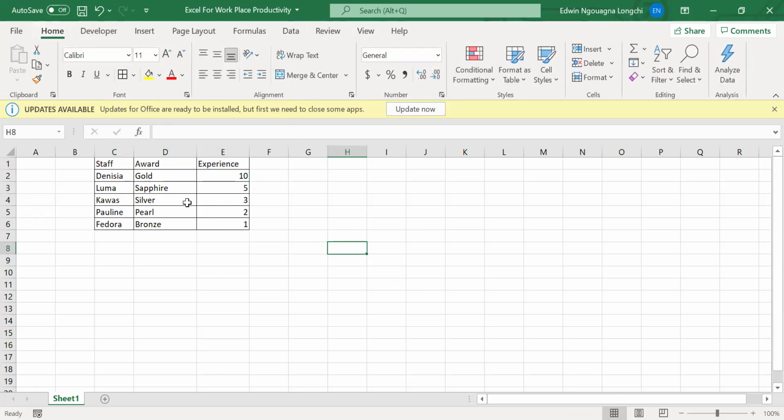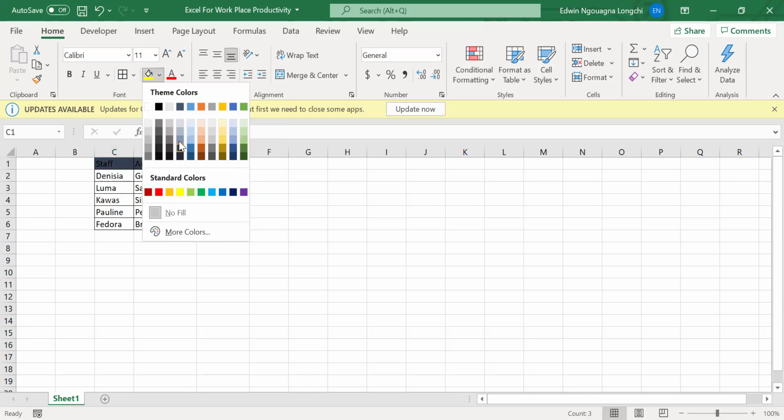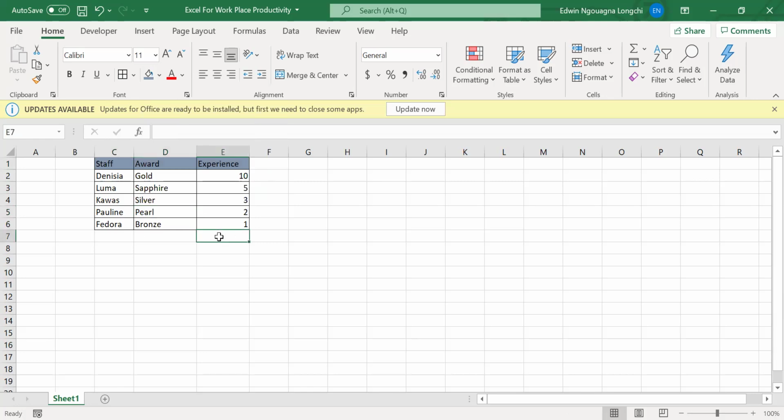So let's go back to Home and let us say I want to give a fill color. A fill color is a color that will take the background color. So this is it here, the fill color. It's like filling a bucket with color. So if I choose, let's say, this one, I don't know the name.